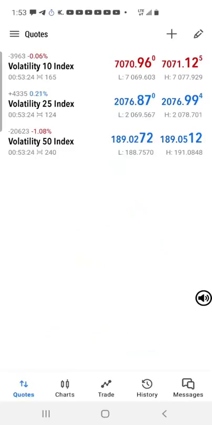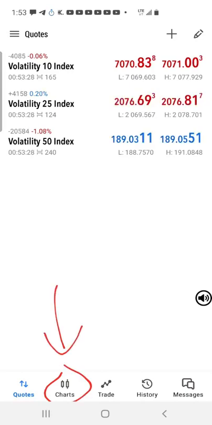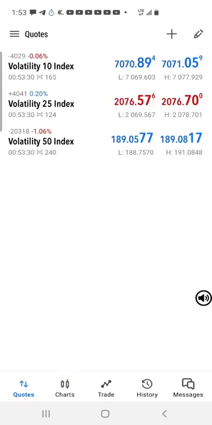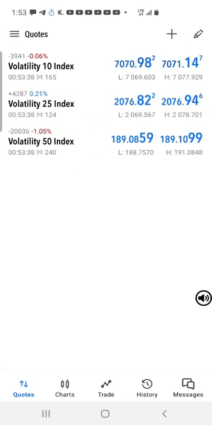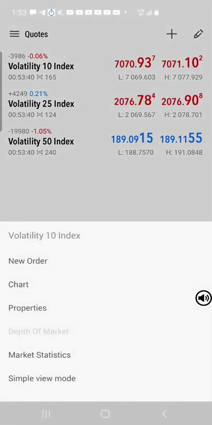MT5 tools usage. Click on charts below. When you want to analyze any asset, for example, volatility 10 or volatility 25 or volatility 50, you can just click and hold on the asset, then you click on chart